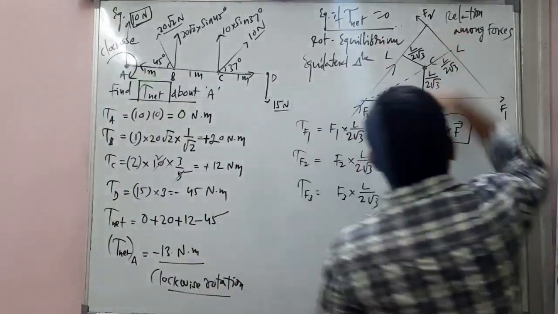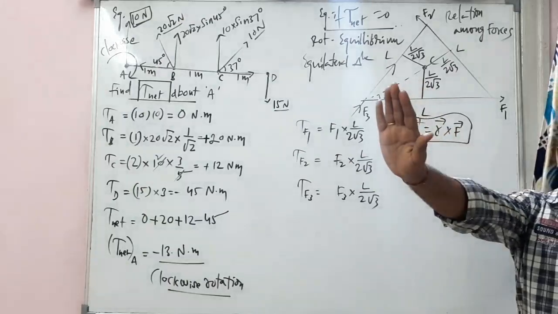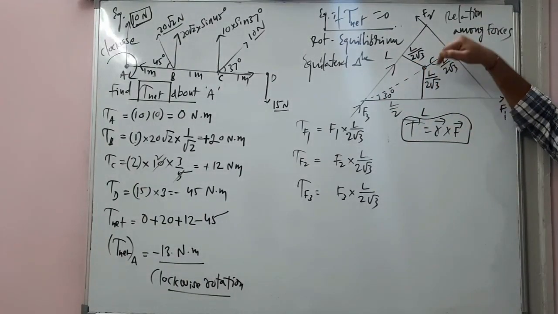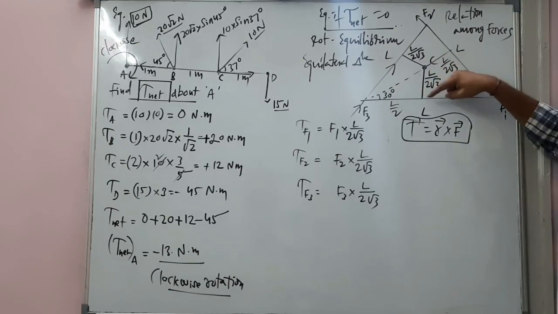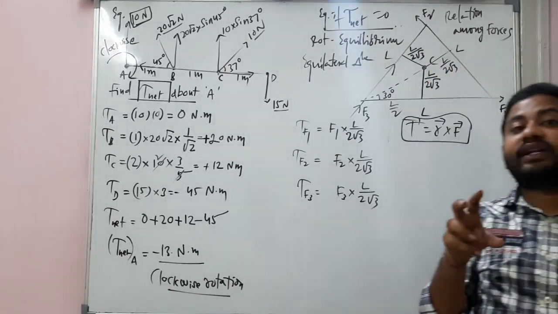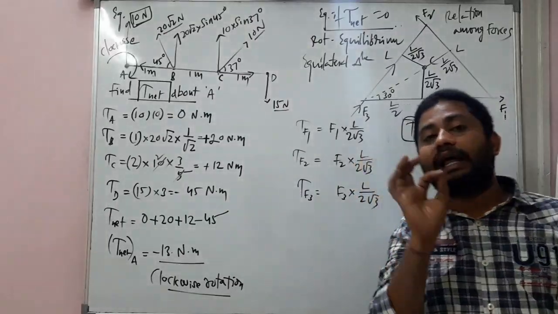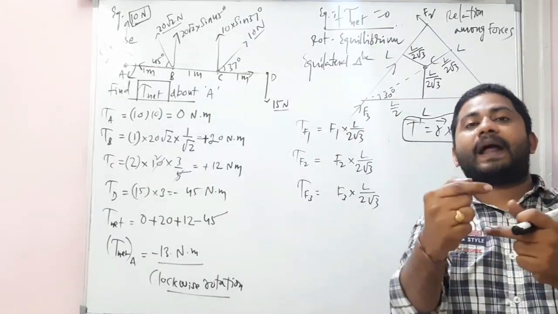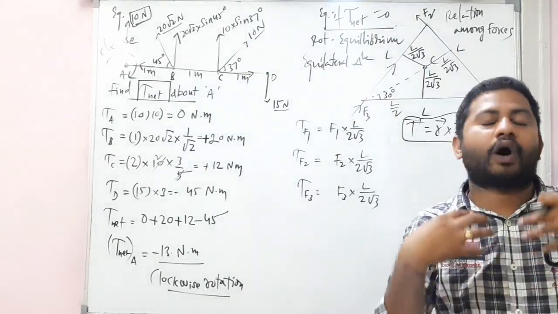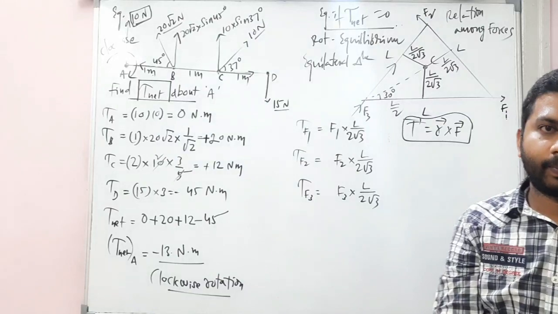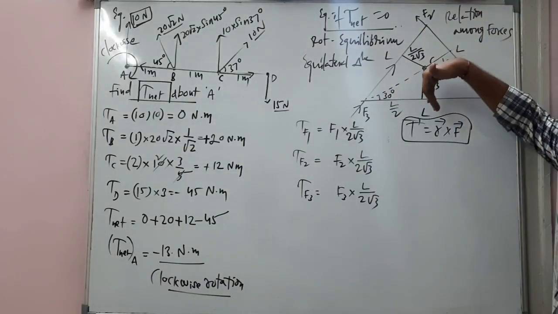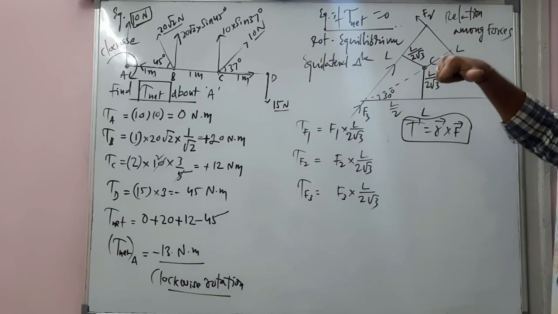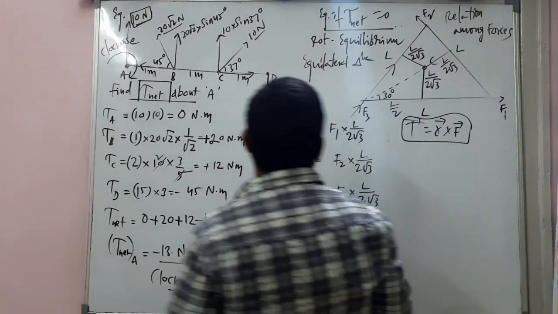Along the R bar we should stretch our fingers and keep. See, this is R bar, and F bar is on this side. Look, R bar cross F bar. You will not get this much detail elsewhere. Still, if you are having confusion, you must practice more. With our support, all our support will be there with you. So this is R bar, this is F bar. Out of the plane, the torque is positive.